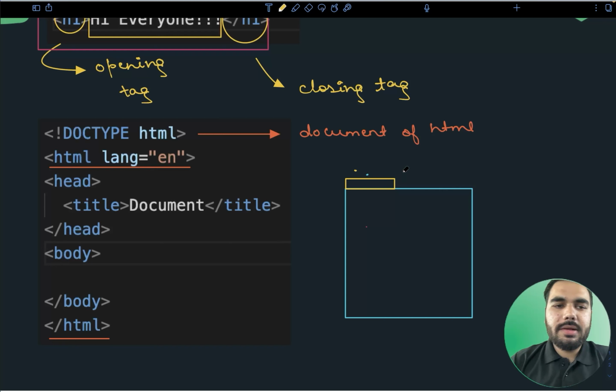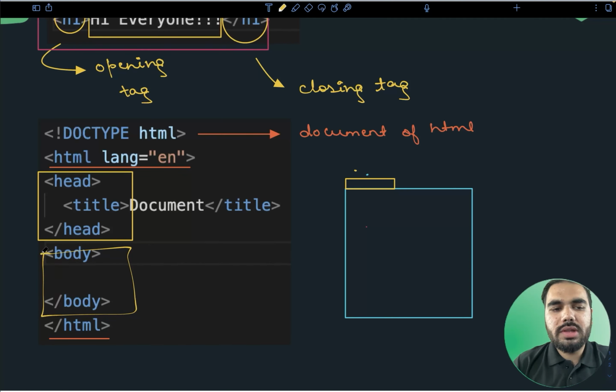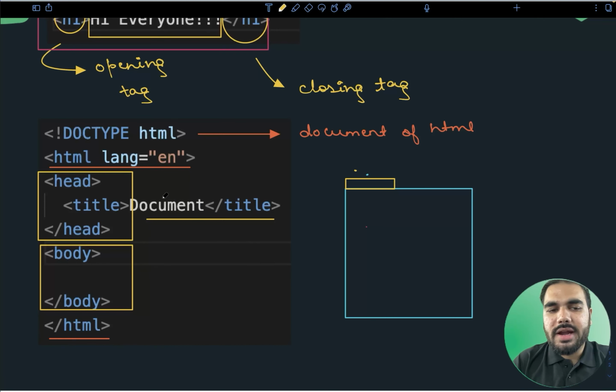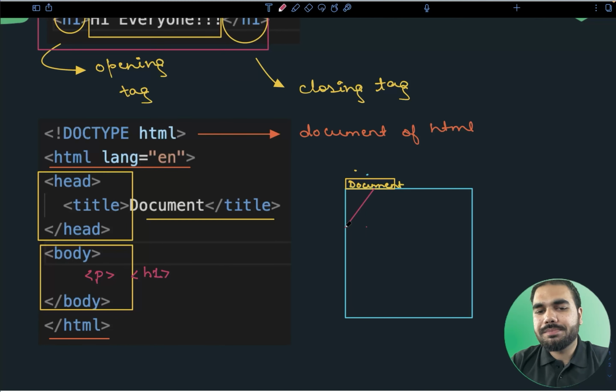Basically you have two parts in your HTML page. The first is called the head, and the other is called the body. In the head part, if you want to add a title to your page, right now it is written Document, so the title of your web page is Document right now. You can change the title content. And inside the body, whatever content you are writing, you have to write it inside the body, either a p tag or an h1 tag. All of these tags I will explain later on. All the tags that you write inside the body will be visible over here, in all the screen that is left.